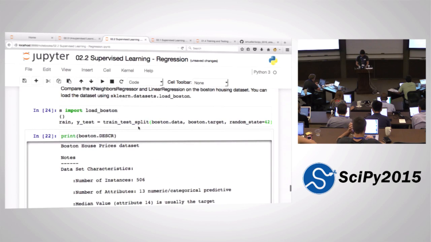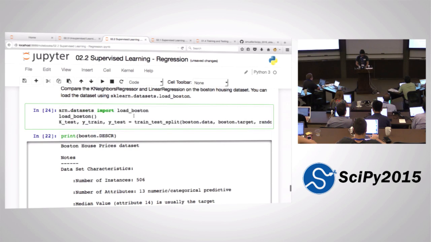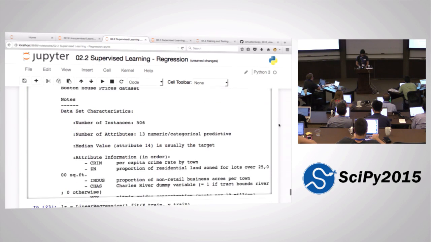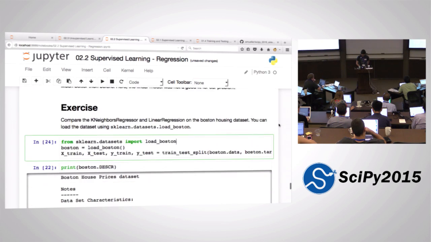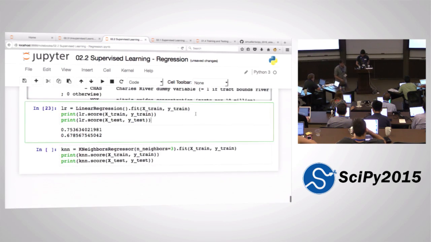Okay, so the solution again is something like this. Here I now fix the random state to 42. If you want to get the same result as I do, fix the random state to 42. I again use the train test split function to split the data set. Then I instantiate the linear regression, and in the same line I call the fit function on the train data set,